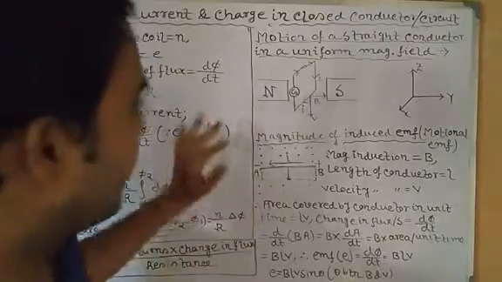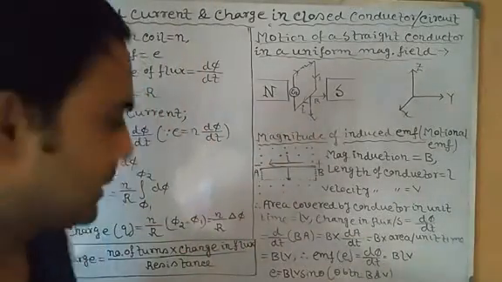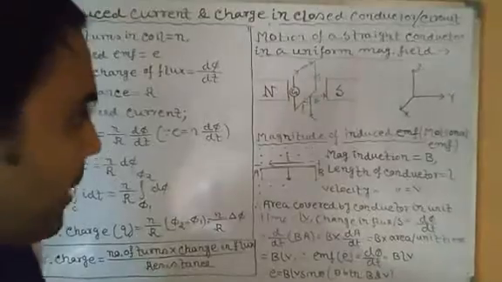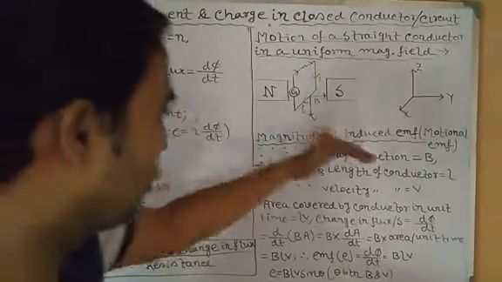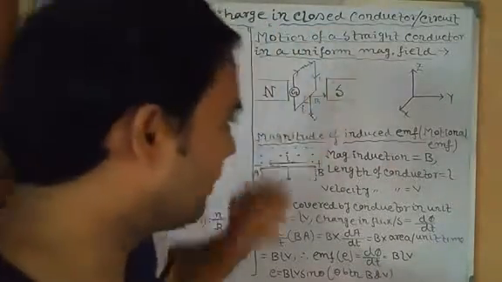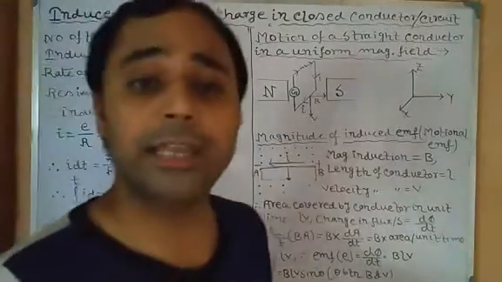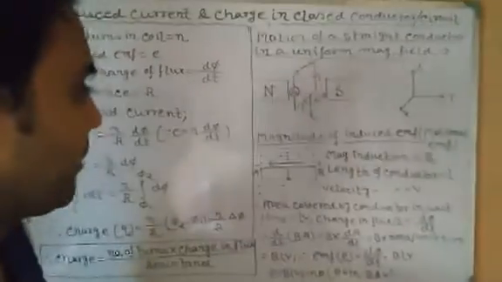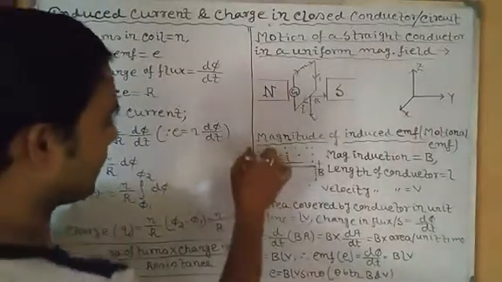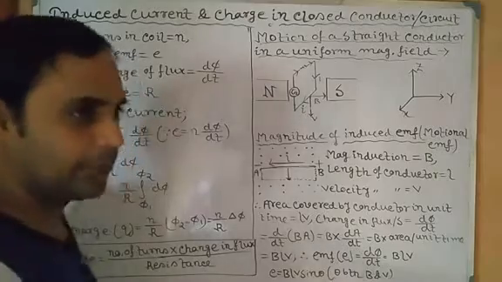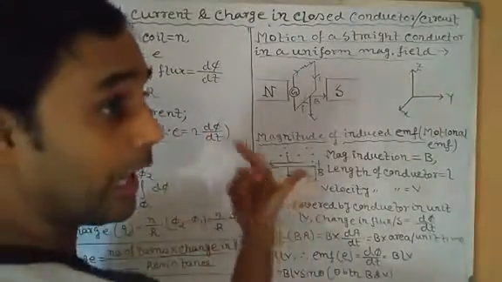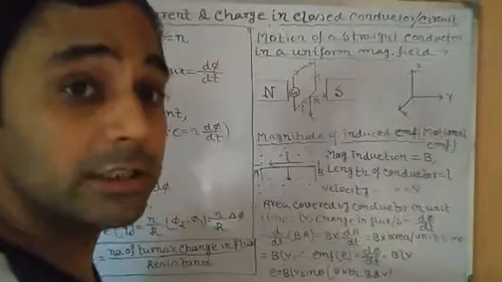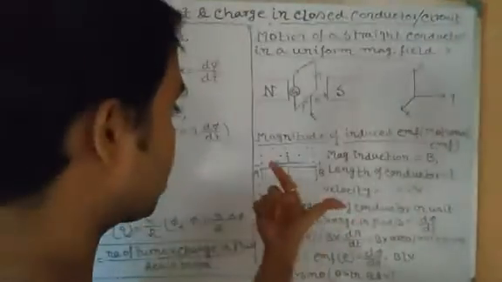Now the magnitude of the induced EMF. So far we have been discussing induced current and induced EMF, and we have got the expression of induced charge. Here we will get the magnitude of the induced EMF, which is also called motional EMF. Since here the EMF is induced due to motion of the conductor, it is called motional EMF. So we will assume a different picture. You can see the dotted lines indicate the magnetic field, which is acting outward, perpendicular to the board. It means towards our direction. This is the direction of B.